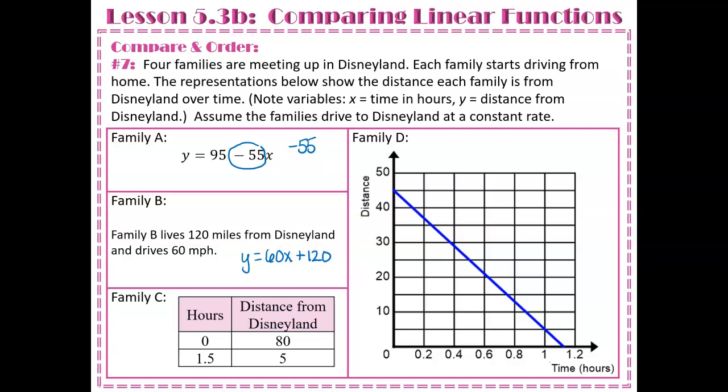If we look at C, let's use the wine glass. We're going to take 5 minus 80 over 1.5 minus 0. So we get negative 75 over 1.5. So the rate is about negative 50 miles per hour. And they start right here, 80 miles away. So we have y equals negative 50x plus 80. And this last one, they are starting 45 miles away, because that's right here. Now we're going to take